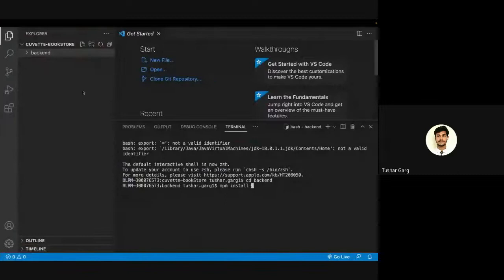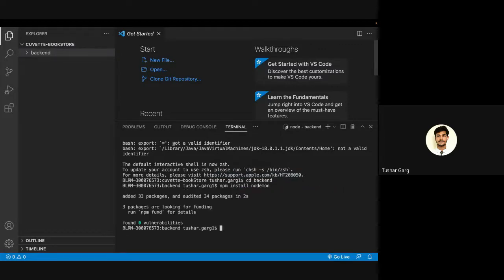Okay, so let's start with this. npm install nodemon. This is installed, and the next thing that we'll be doing is